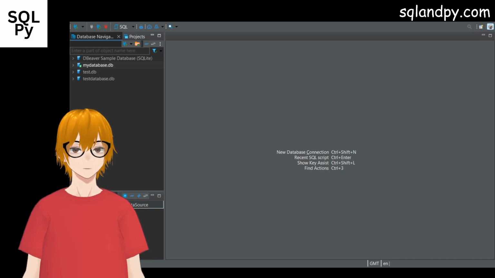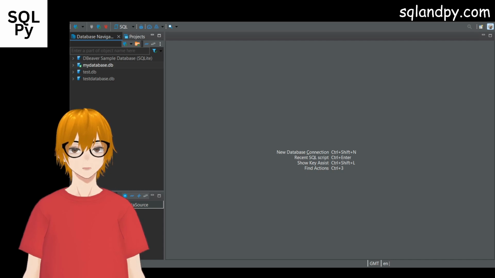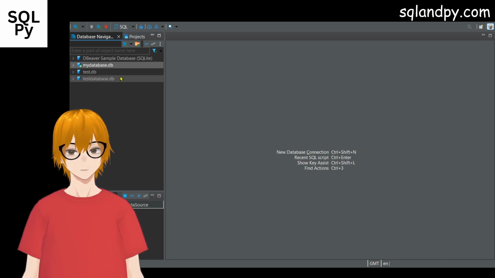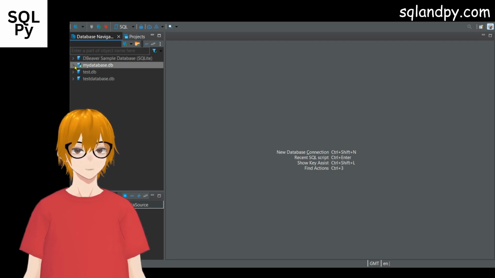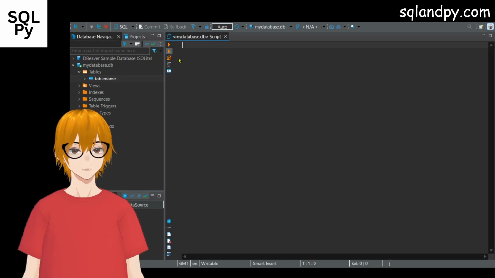SQL. Insert data into an SQLite table with DBeaver. So first we will connect to our SQLite database, which is called mydatabase.db. Open out to the table, then make a new query,